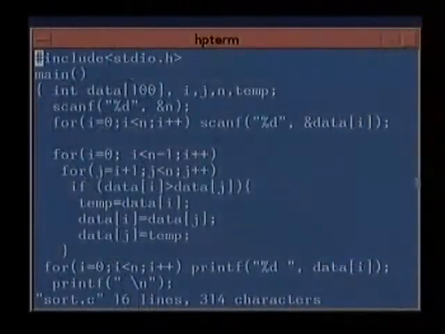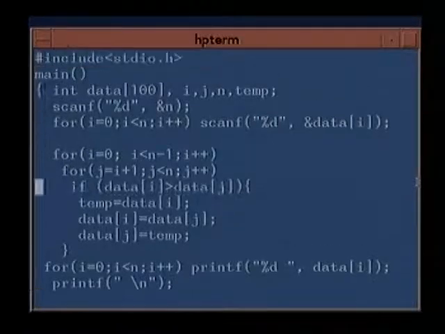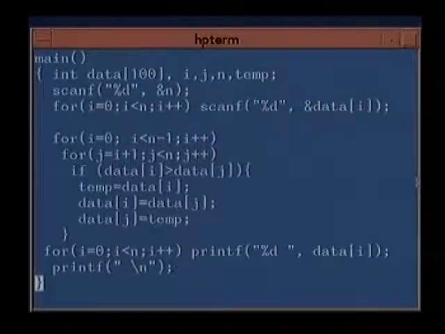So we include the stdio.h. We have just one main program which goes like this, from here to here. Now this is where we have declared the data array.